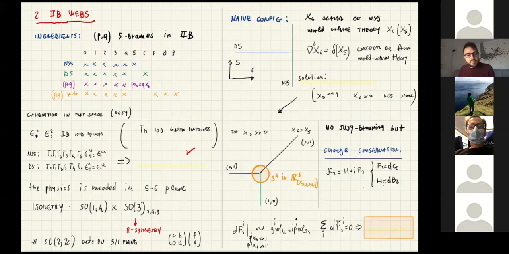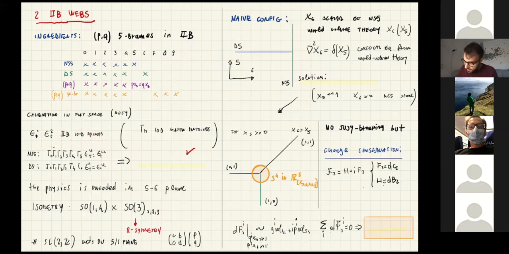Moreover, we can also have (p,q) 7-branes in the system. And the (p,q) 7-branes are point-like in the 5th and 6th directions, and they fill the 7, 8, and 9 directions. So, for example, we can try to find a back-reacted solution of type IIB for this brane system, but that might look complicated. So one strategy we can take is to study the calibration of these branes. In a sense, we can study the projectors, so we can study the spinor equation and how much of the 32 supersymmetries of type IIB this configuration